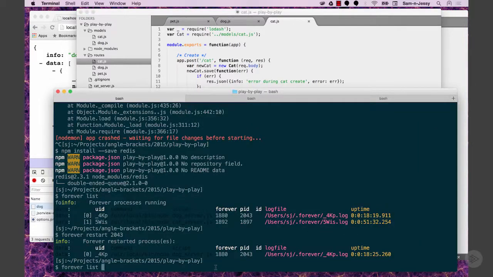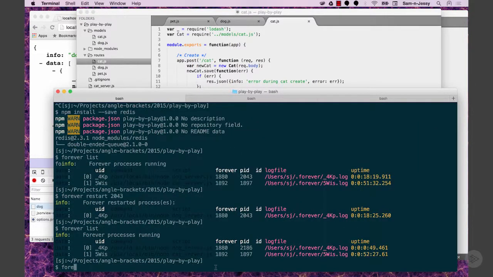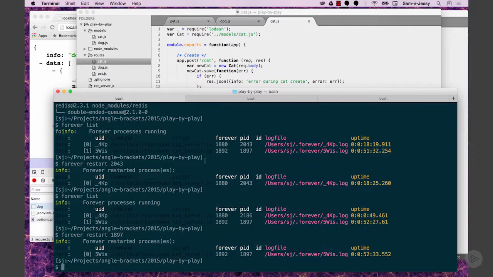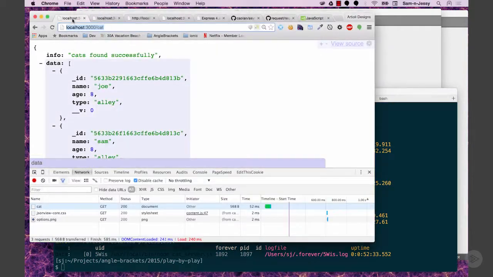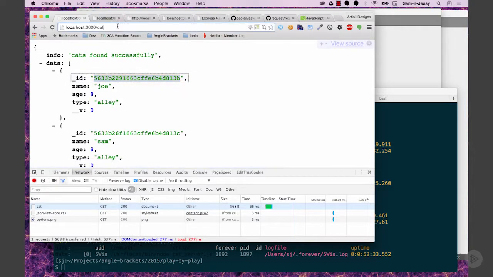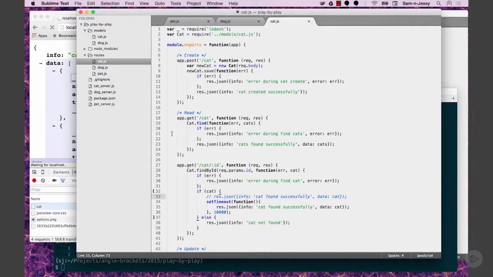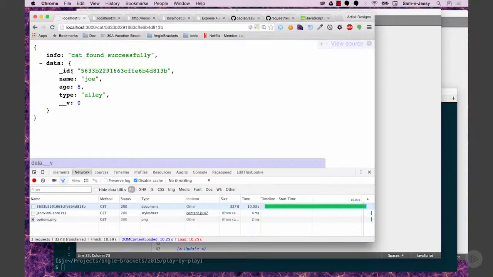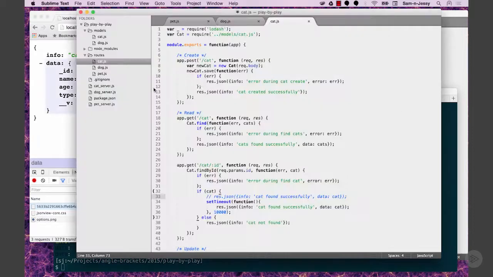Restart my cat server, forever list, forever restart 1897. So now if I go to get a particular cat, let's look at our cats, and I've got this particular ID, and I go to this ID, that's going to take 10 seconds. Same idea with the dog server. So if I go in and get the cat, you know what, I take it back, I don't want to do that. Let's keep cats and dogs together, because we're going to aggregate it through here,